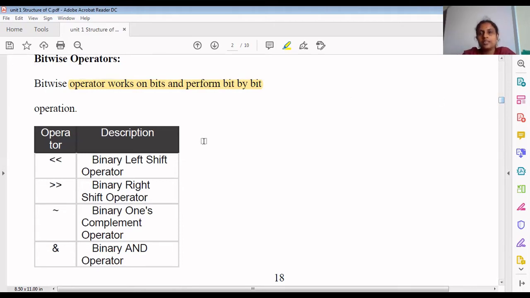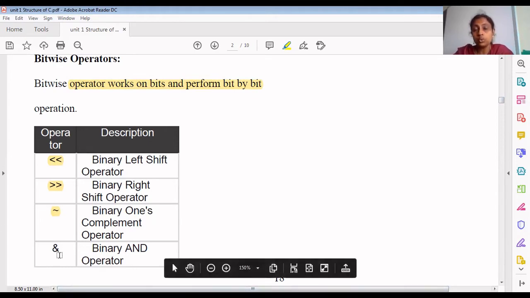Okay. So what are the operators available under bitwise operator? One is left shift. I have given a set of binary numbers like 10, 1100. If I want to shift the values, then I can go for a left shift. When you put a double lesser than symbol, it is left shift. Then you have right shift, greater than symbol twice is right shift. Then this one, which looks like a reversed S, is available next to the 1 key on your keyboard. It is complement. If I give 1, it will become 0, and the complement of 0 becomes 1.